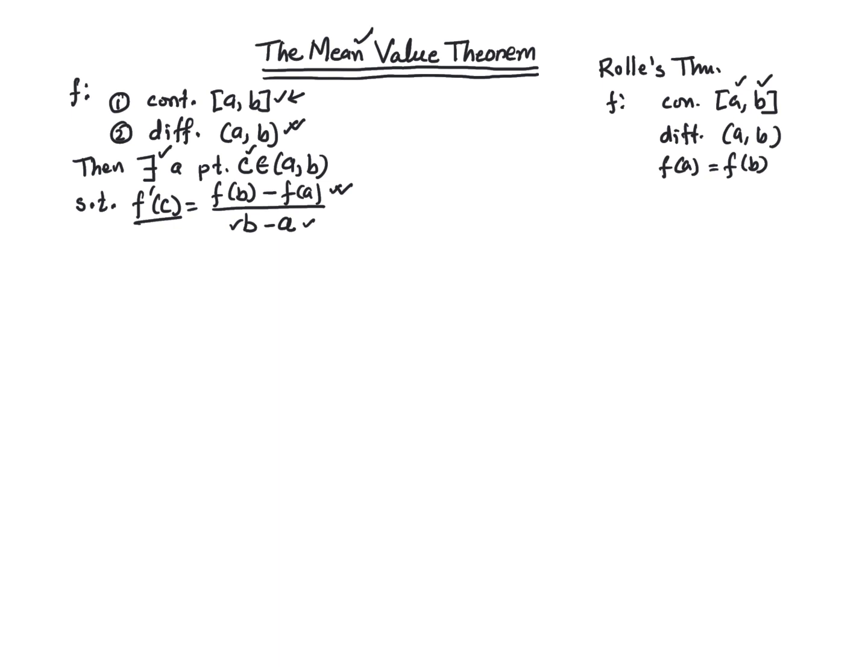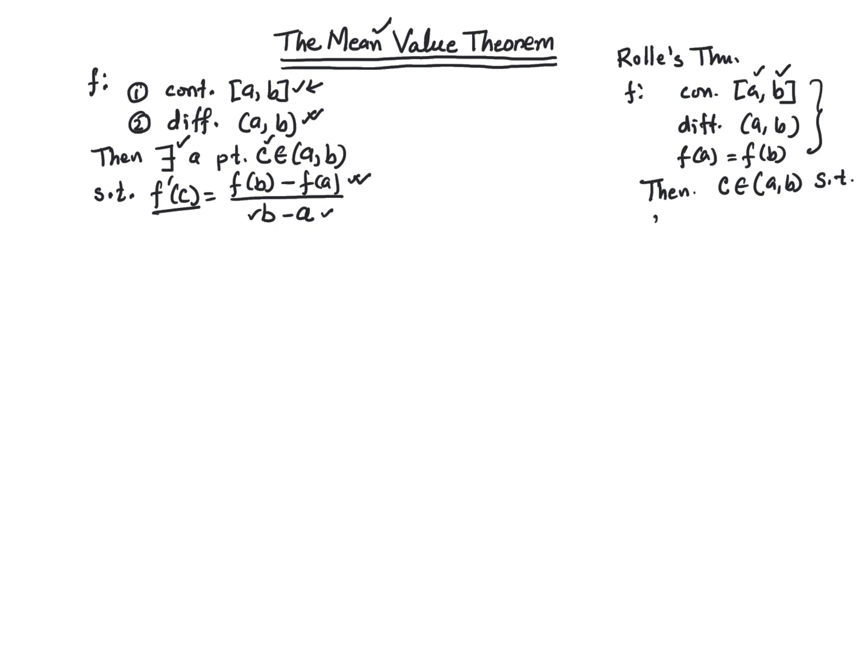If these three conditions are satisfied, then there exists a point c in the open interval ab such that f prime of c is going to be equal to 0. Now we are going to use this Rolle's theorem to prove the mean value theorem. So we are going to devise a function in a way so that we can use Rolle's theorem. So let's say